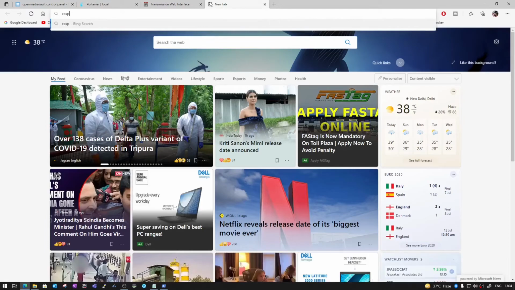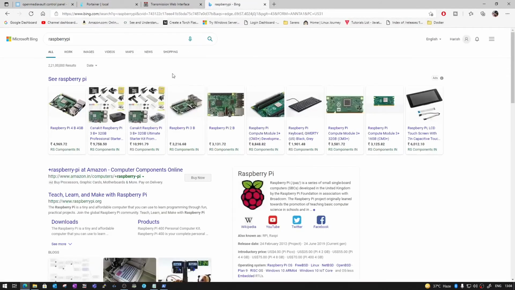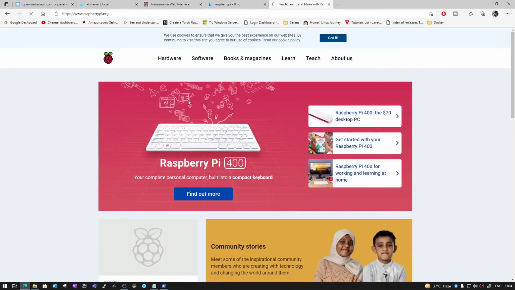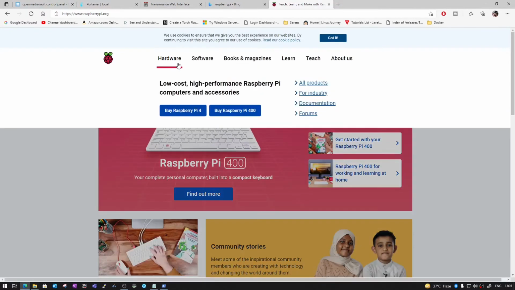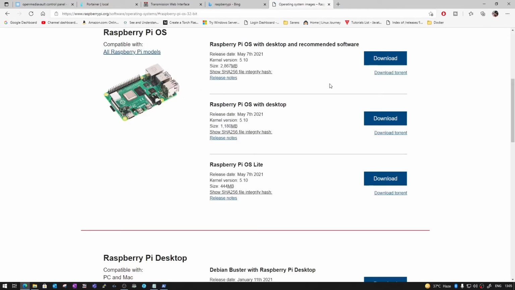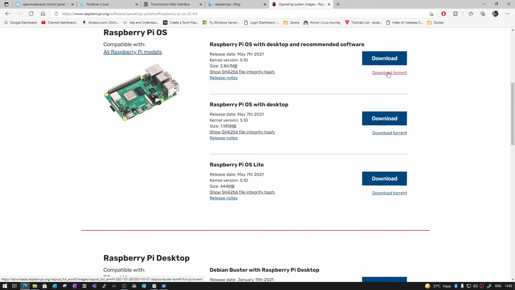Now let's open the Raspberry Pi website and try to download a new image for Raspberry Pi. So you can see we have a torrent file here. Let's go ahead and open it. So it's downloaded here.